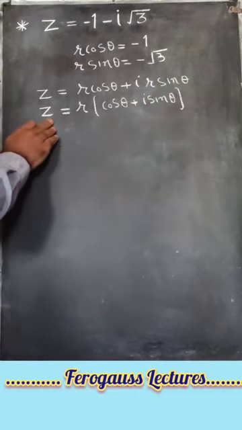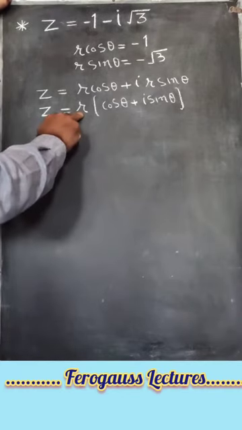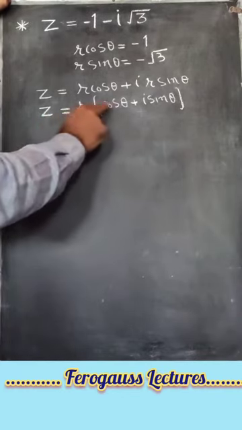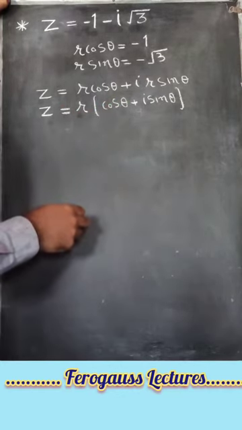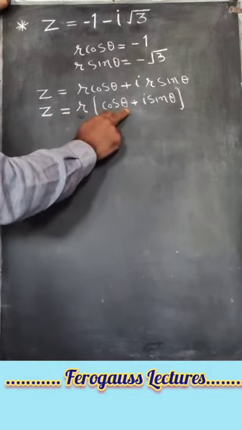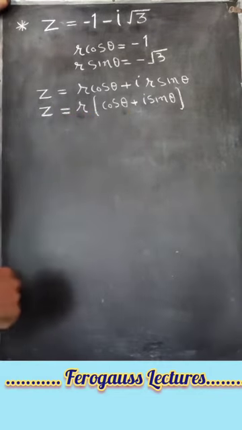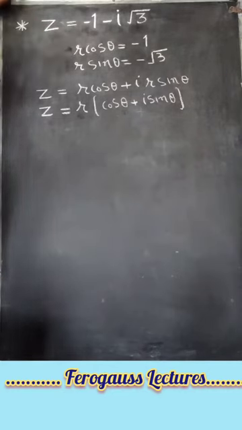Now this is polar form of the complex number z, where r is modulus of the complex number and theta is argument of the complex number. Now we have to find r and theta. Now to find r, squaring and adding these two equations, we get